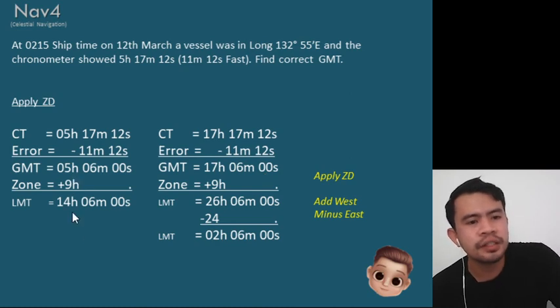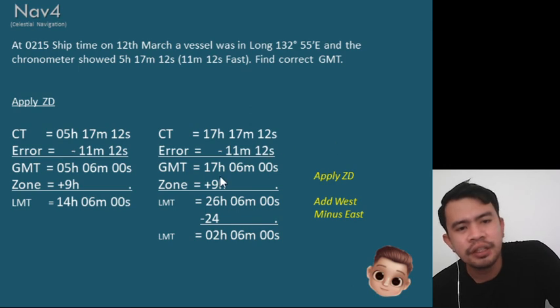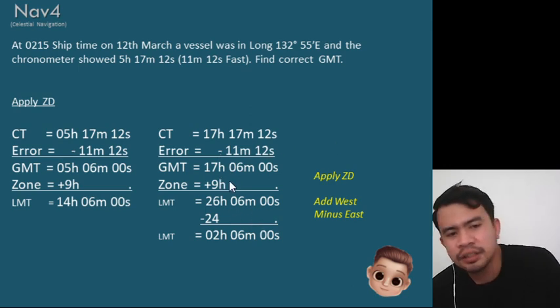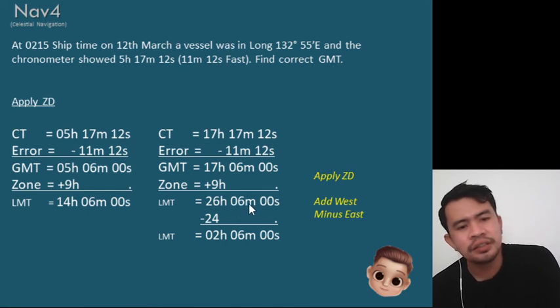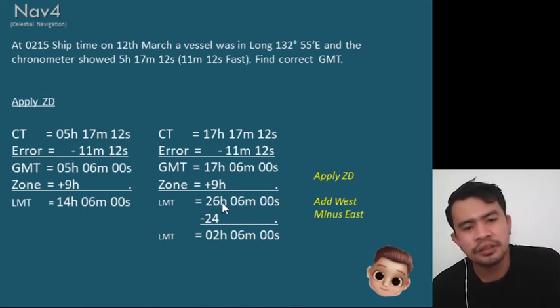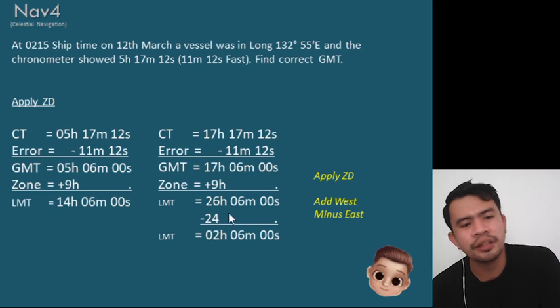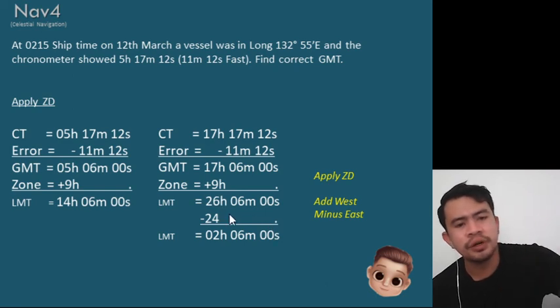So, 5 plus 9 natin, 14 hours, 6 minutes, 00. And then we have here 17 plus 9 natin, you have 26 hours, 06, 00. Dahil ang ating hours is only up to 24, so ma-minus natin ng 1 day. So, we have 02 hours, 06, 00 seconds. So, this one, ibig sabihin nito, if it's on the 12th March na, this one, mag-add tayo